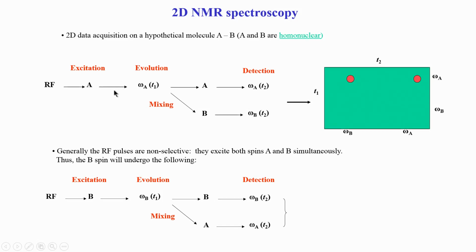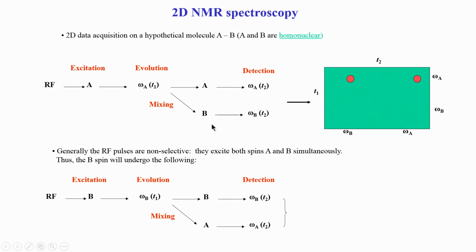During that process, we transfer the magnetization from A to B. That is what we do through some kind of an interaction. That means two hydrogens, two protons A and B, should have some kind of an interaction between them, and typically there are two types of interaction in NMR which we use for transferring from one spin to another. One is called J coupling, through bond, and the other is dipolar coupling, through space. Both of these we will use in this course. For now, let us assume that there is only J coupling between A and B.